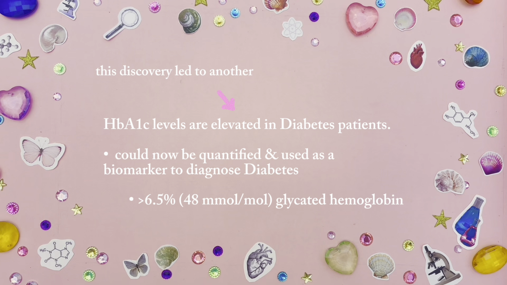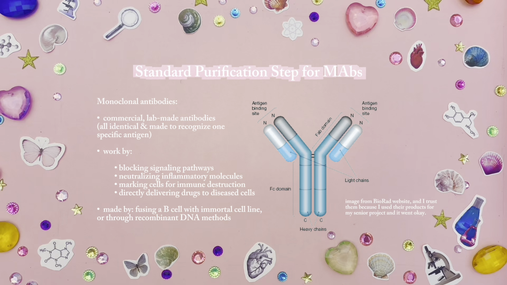In 1968, it was found that HbA1c levels are elevated in diabetes patients. It could now be quantified and used reliably as a biomarker to diagnose diabetes. It is now considered indicative of diabetes if an individual has greater than 48 millimoles per mole or 6.5% of glycated hemoglobin. Aside from this accidental discovery, we have also used and continue to use IEC in large-scale manufacturing and